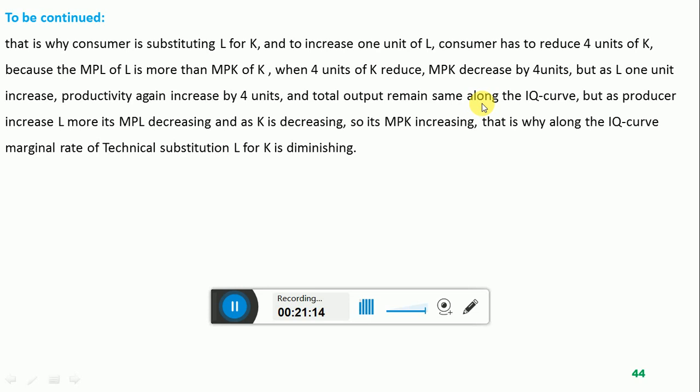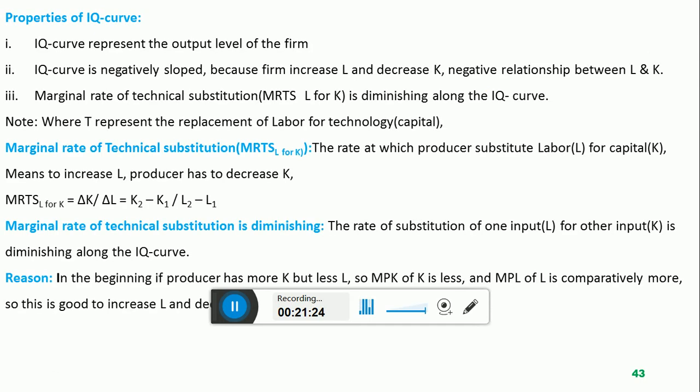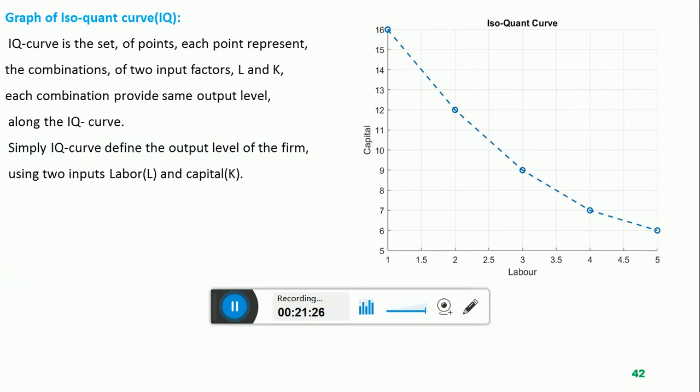We write in the definition of the isoquant curve that each combination produces the same output level. So when producer increases labor by 1 unit and decreases capital by 4 units, from 16 to 12,